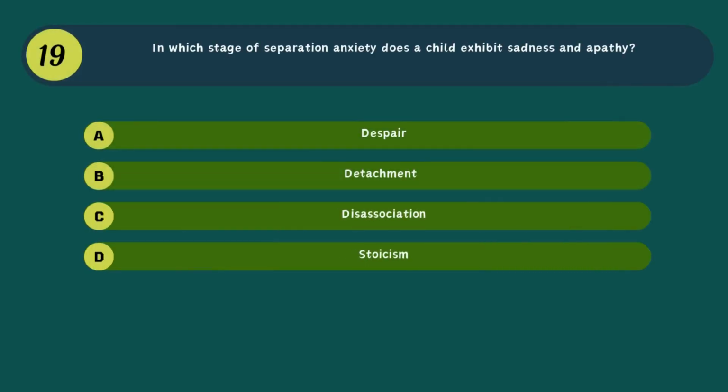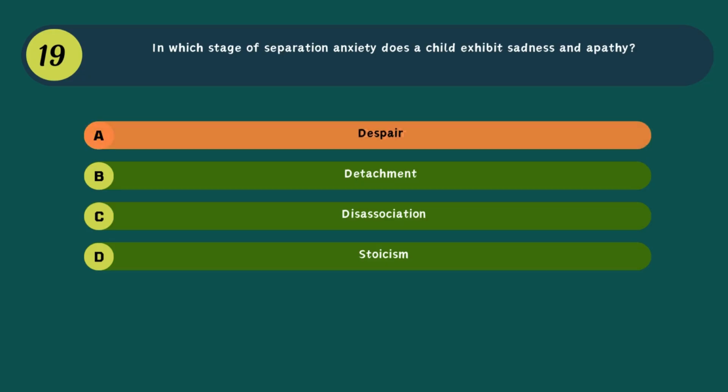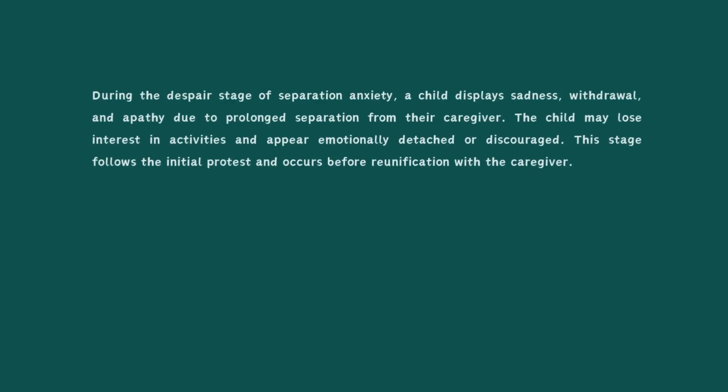Question 19. In which stage of separation anxiety does a child exhibit sadness and apathy? A. Despair. B. Detachment. C. Disassociation. D. Stoicism. Correct answer: A. Despair. During the despair stage of separation anxiety, a child displays sadness, withdrawal, and apathy due to